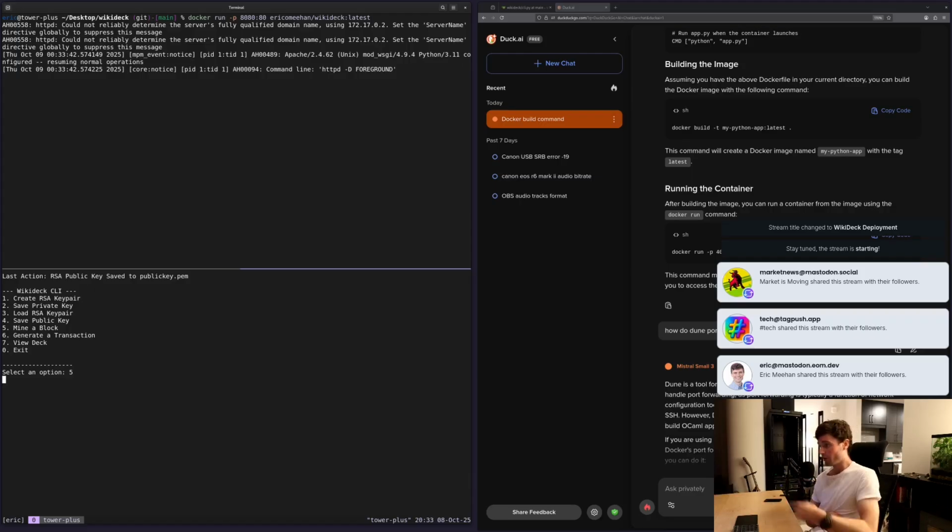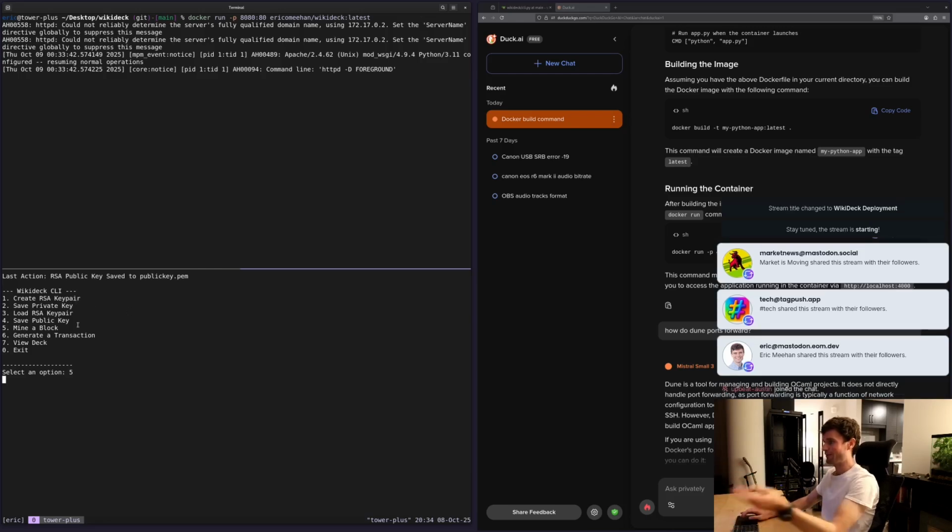And so, yeah, what I've just outlined here is what I'm hoping to get some help with testing from all of you. What I would like you to do is clone the repository, set up that Python virtual environment like I just showed, run this client application, create an RSA key pair, save the public and private key, and then